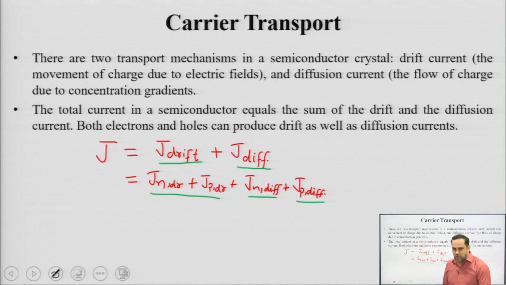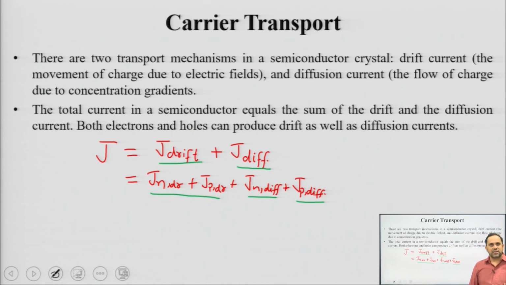Not necessarily does every semiconductor device exhibit bipolarity. We do doping, and we sometimes deliberately try to tune the conductivity. It is possible that one type of charge carrier dominates over the other. As we know, in N type devices, electrons are very large in number as compared to holes. In a P type device, holes are very large in number as compared to electrons. So it is possible that in a particular device one type of charge carrier dominates over the other. But this is a holistic equation which includes all the components.